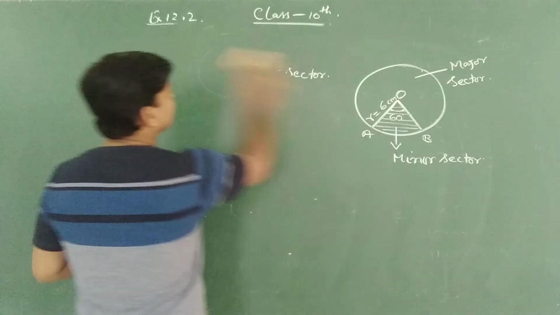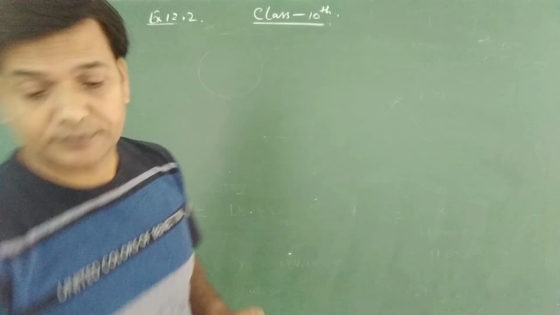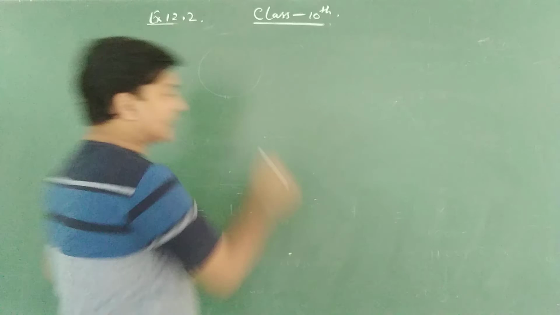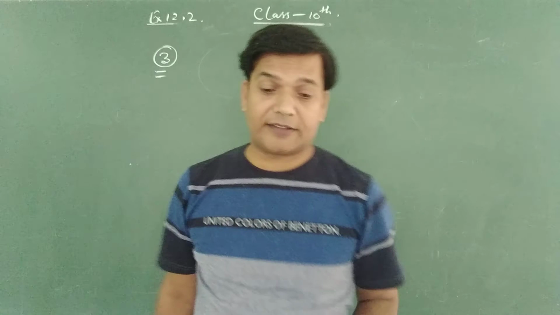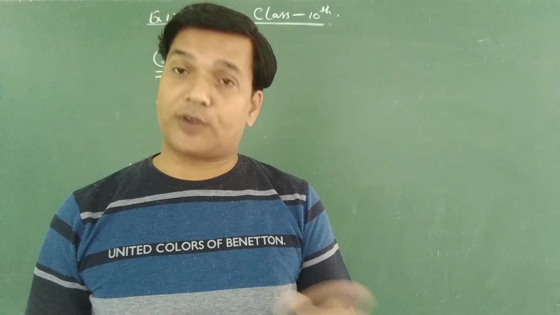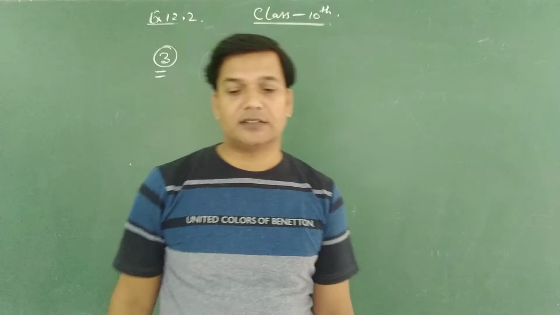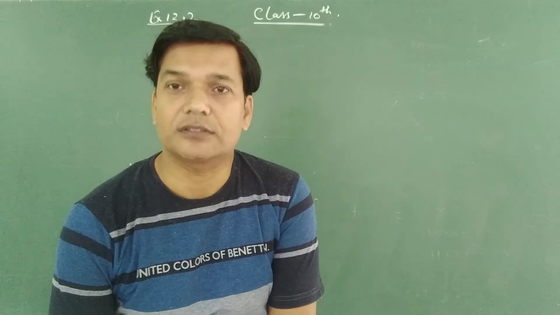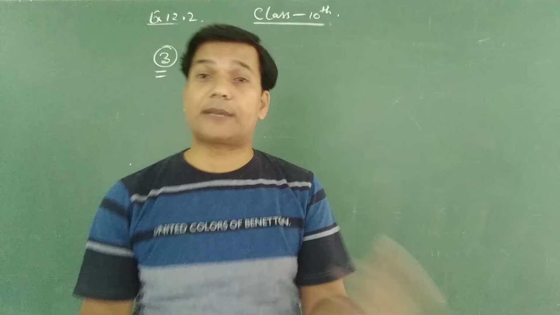Now, in the next problem, third question, that is also a good question. In the third problem, what we have here is: the length of the minute hand of a clock is 14 centimeter. Find the area swept by the minute hand in 5 minutes. First, we have to find out the angle theta here, which is not given. और वो कैसे पता लगाए?